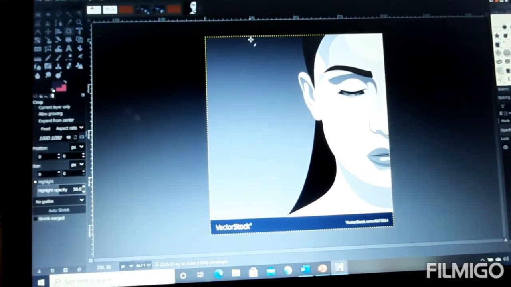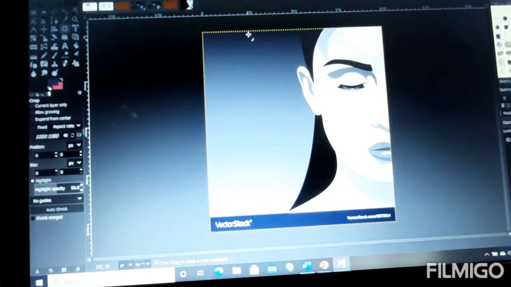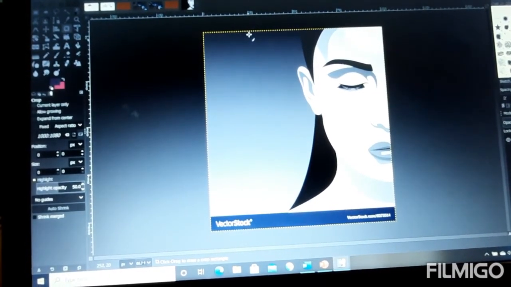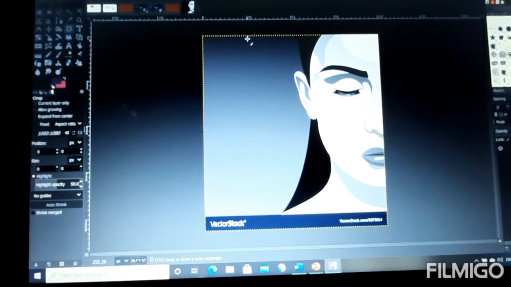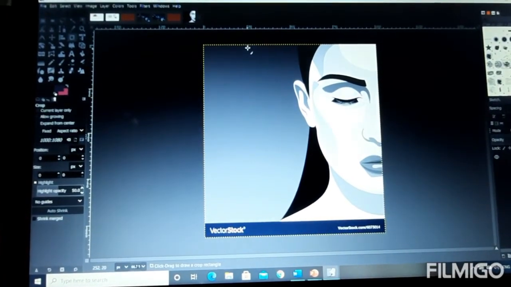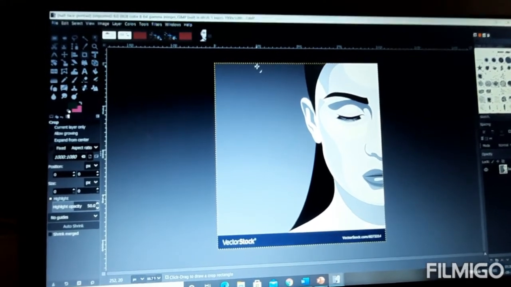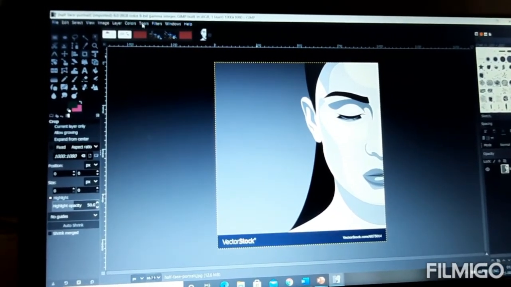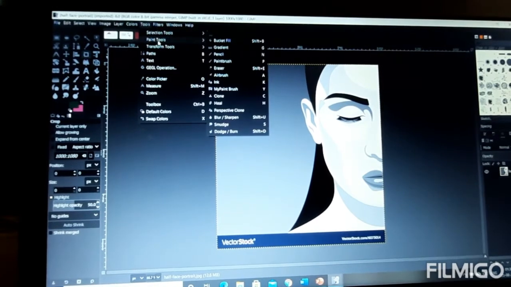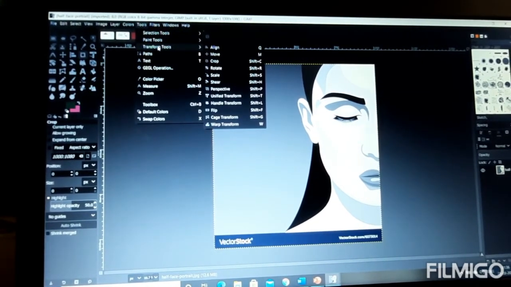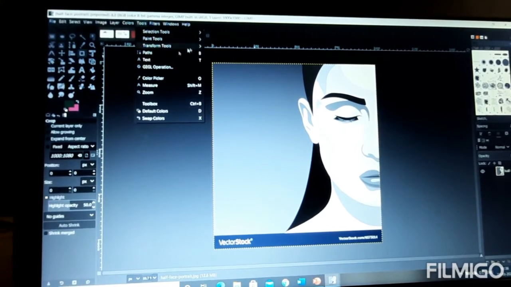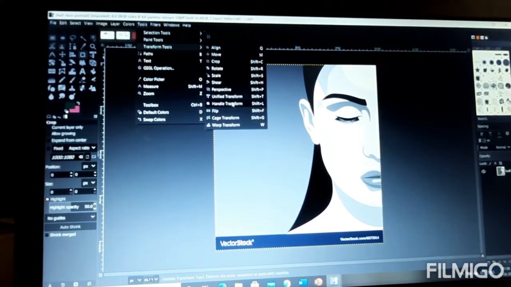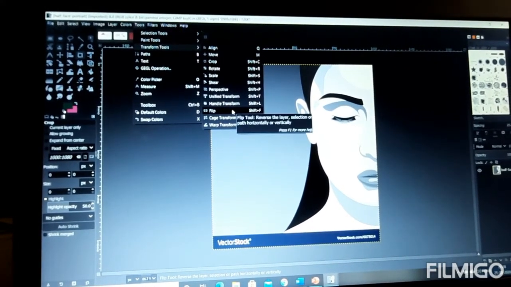Now see, this girl's face is on the right hand side of the screen. If I want to create a mirror image of this girl, what we will do, we will go on the tools, then from there transform tools. Okay, from there I will choose the flip option.